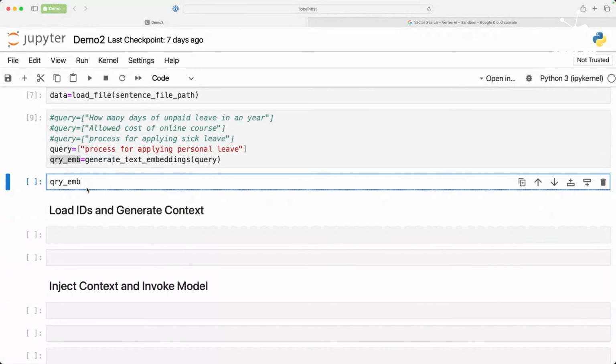perform, let me get this. So now we are ready to invoke